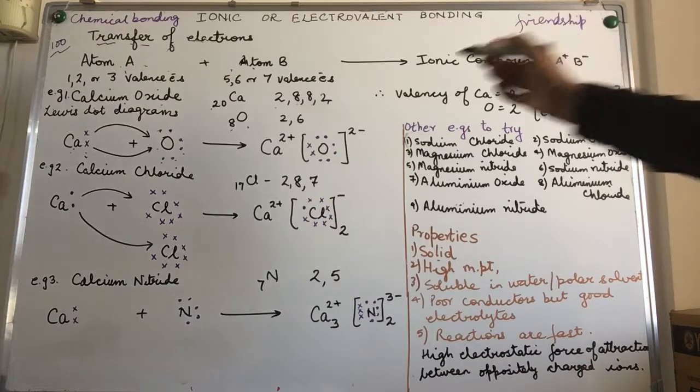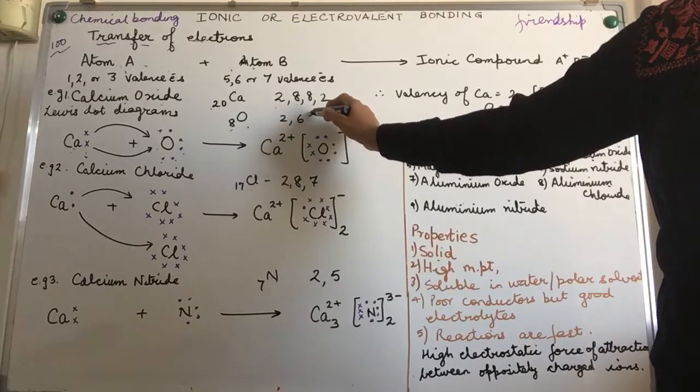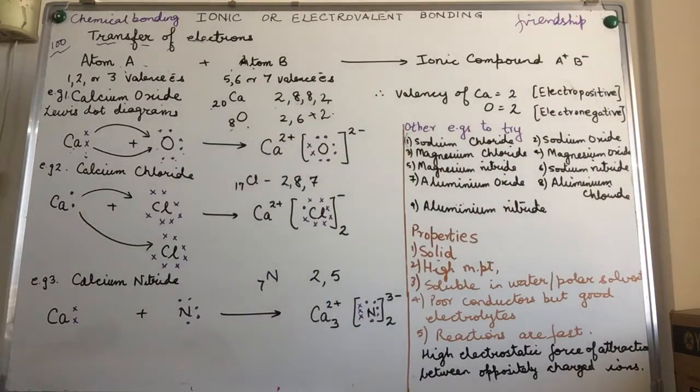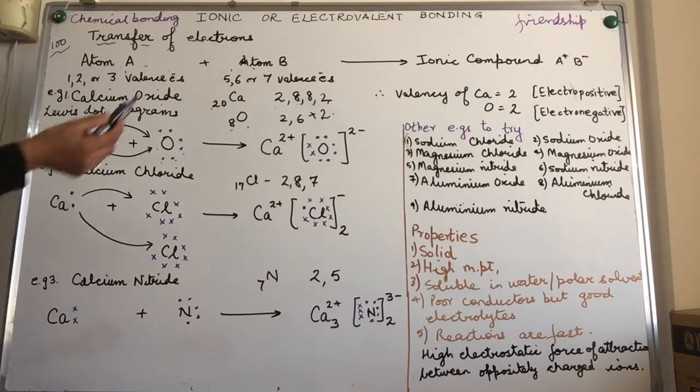On the other hand, oxygen would have acquired 2 electrons from calcium, and now it will have 8 electrons in its valence shell, and this also is happy. Its tummy is full. Okay, I'm done. I wanted 2 electrons. I'm happy. Calcium had extra 2 electrons. Even that is happy. So it's a kind of mutual understanding, and they have now struck a friendship because